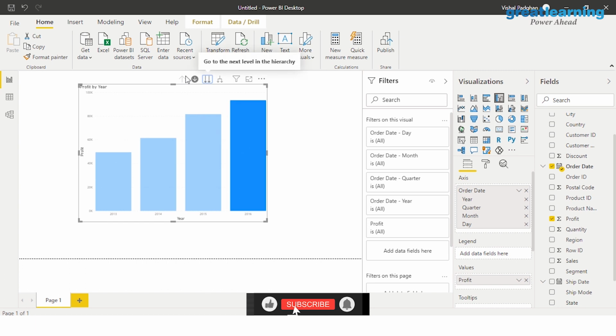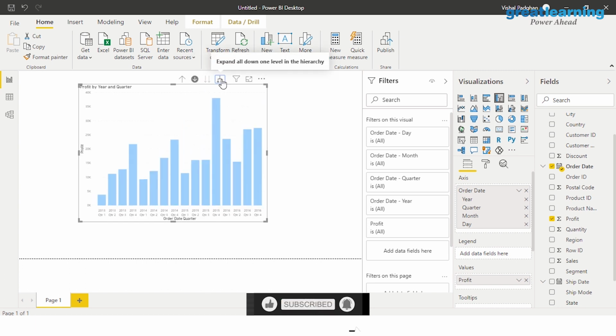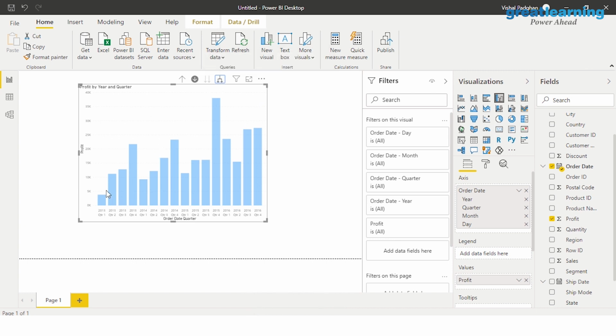So the data here is now divided into quarters if I want. If I go back, it would give me yearly data, and if I click on this, it would give me quarterly and yearly data both, the final one. So it is merging all the views that are there. So you see quarter 1, quarter 2, quarter 3 for 2013, similarly for 14, right? And this is how it looks like.